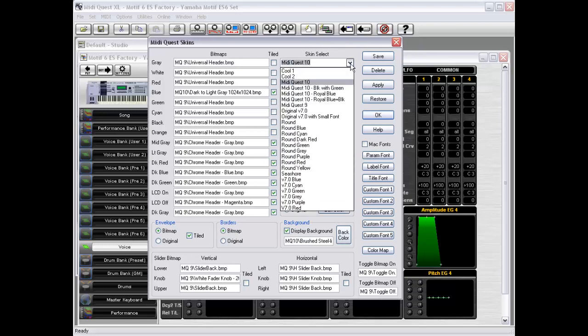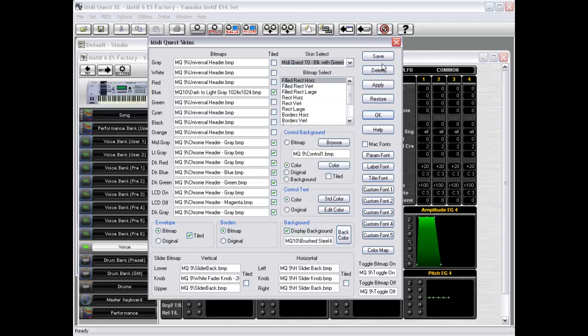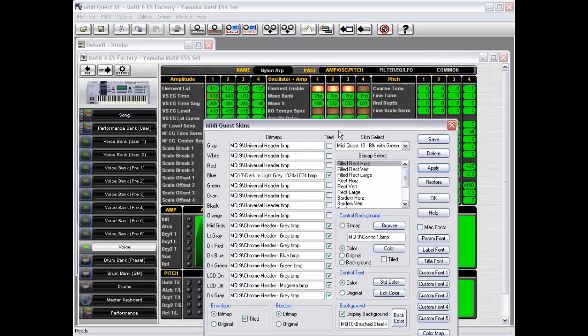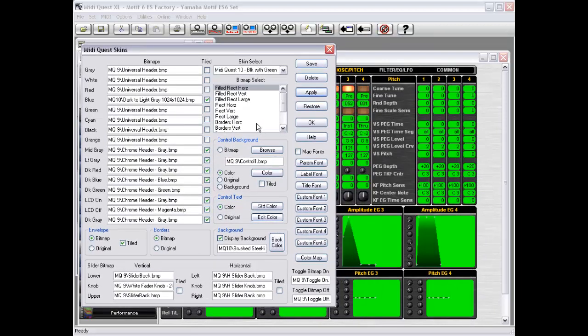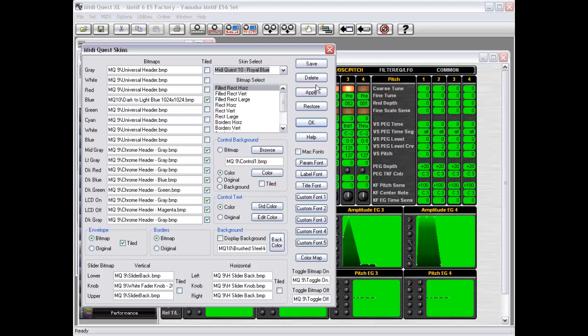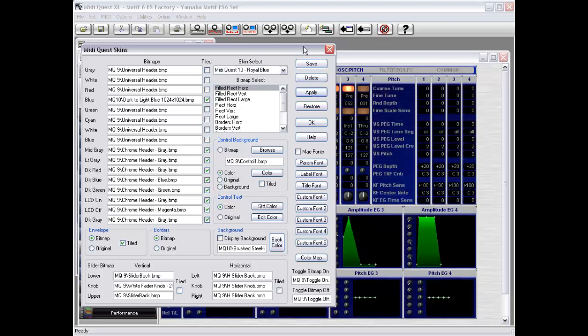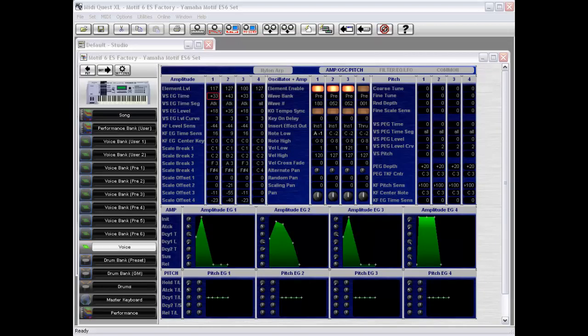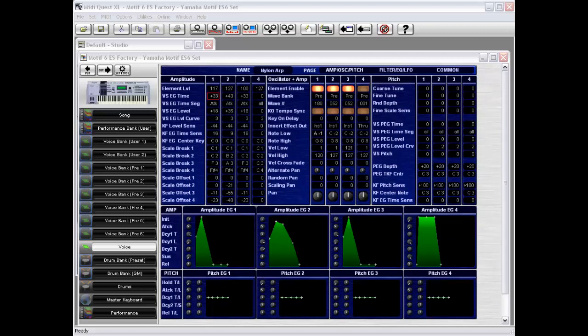the skin memory here. And if you look, we have a number of different options. If I hit apply, you can get all green backgrounds, or there is a royal blue skin you can have a look at. And a variation on this. So if there's a particular skin that you like working with, you can just select that one. And here we'll have a look at